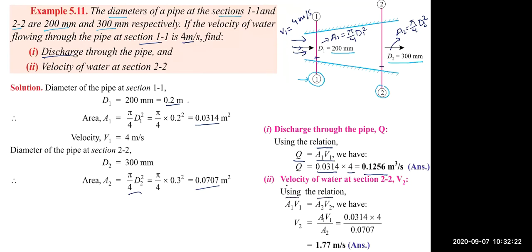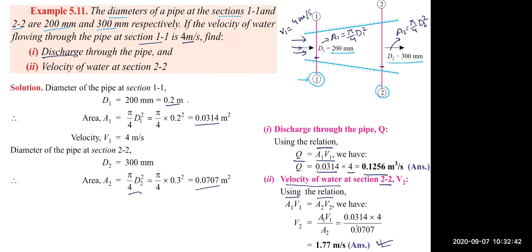Then you can get the velocity of water at section number 2. So A1 V1 equals A2 V2. Okay, so V2 will be equal to A1 into V1 upon A2. All these three parameters are known to you. You substitute those values and you will get velocity V2 equals